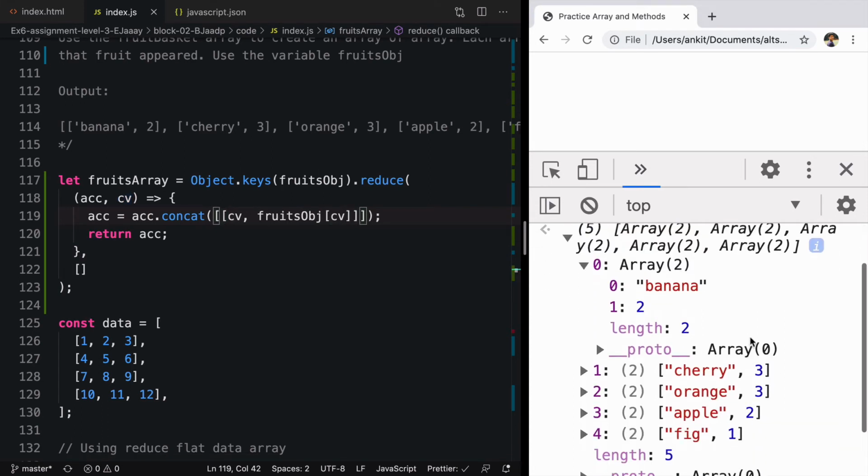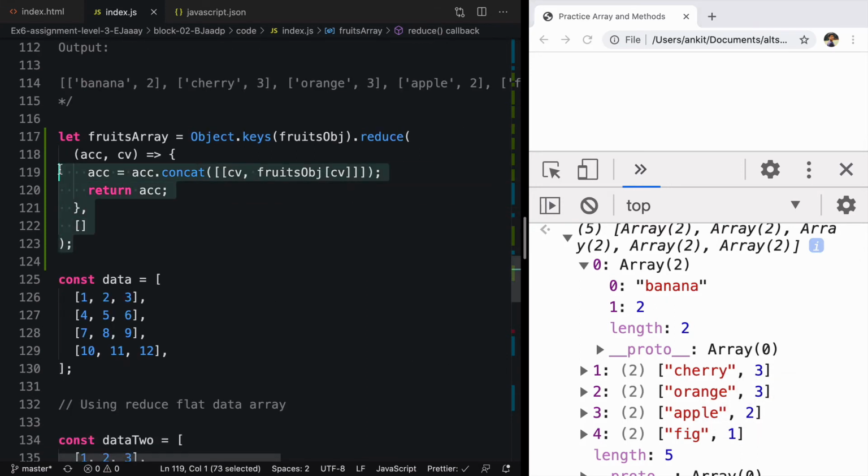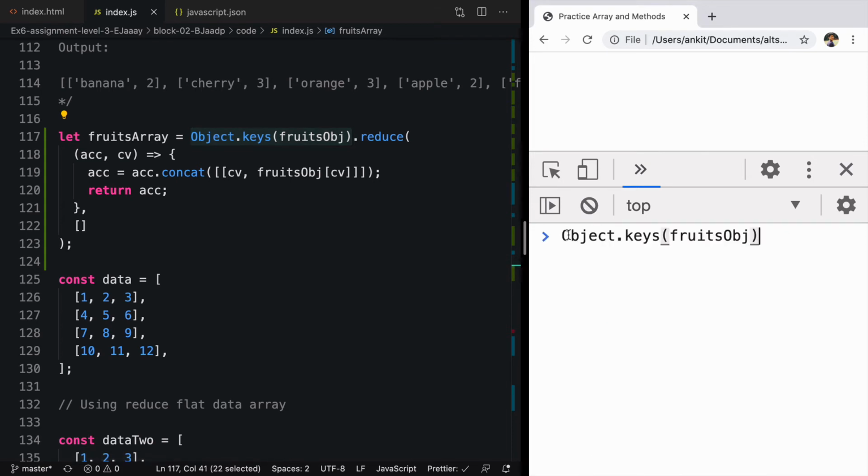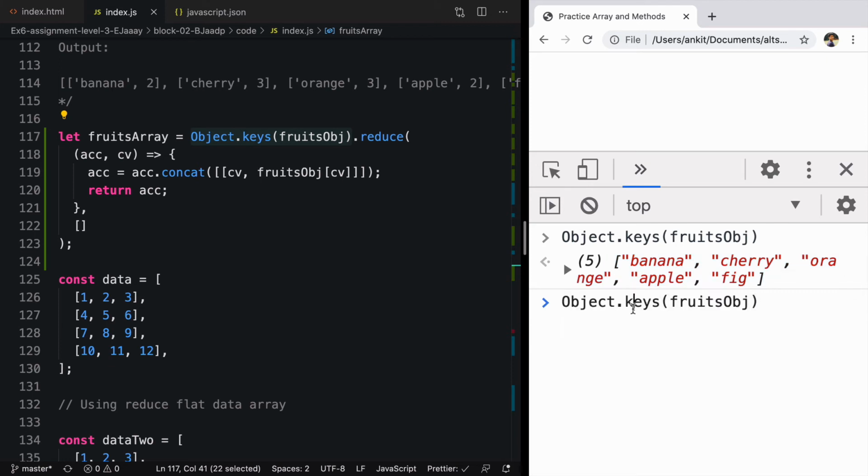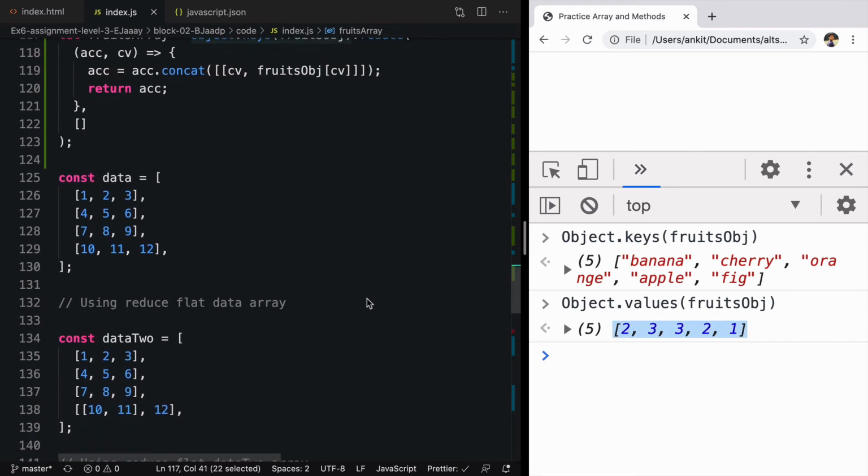In that way, it will contain banana 2, cherry 3, orange 3, etc. You can look at this code again to understand how it works. The important part is using Object.keys, you can get access to all the keys. And when you do Object.values, you'll get access to all the values in that object.